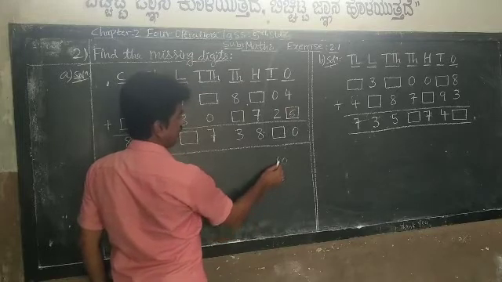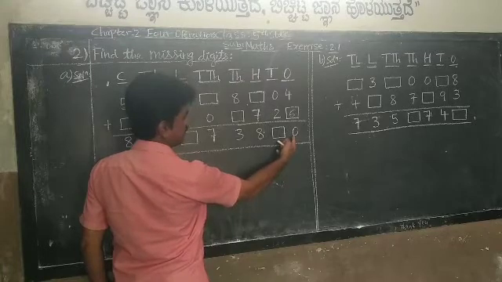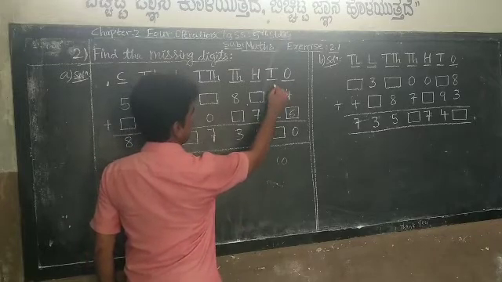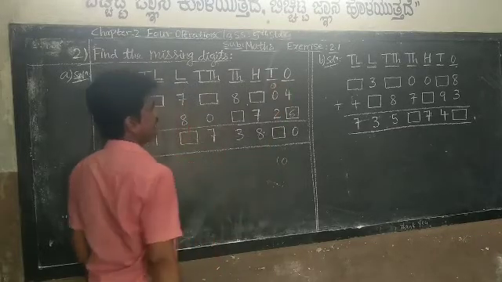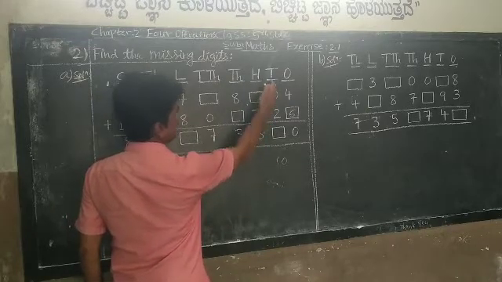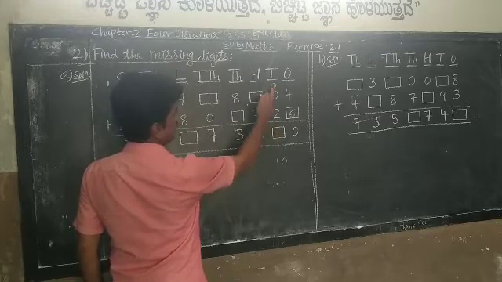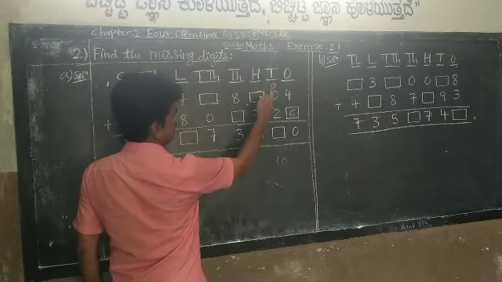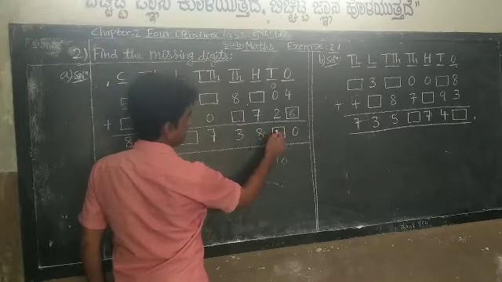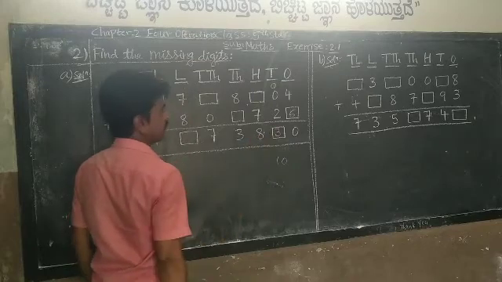What do you do when you get 10? 4 plus 6, 10 you will get. You will write 0 here, isn't it? And this 1 what you will do? You will carry to the tens place. See, I have shown here. You are carrying this 1 to the tens place. These are the digits in the tens place. So what is the number here? Carry 1 plus 0, 1. 1 plus 2. What will come here? You will get 1 plus 2 is 3. So you have to write 3 here.